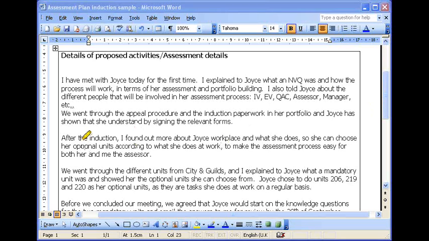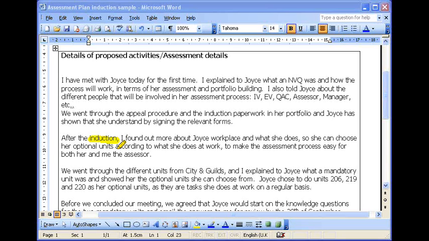Now you would think that, oh, the company who registered the learner for an NVQ should have told them what an NVQ is, which is good. It's no problem. The learner might know what an NVQ is, but you as an assessor are just doing your job by saying it again or by just giving a brief summary, because in a lot of cases, the